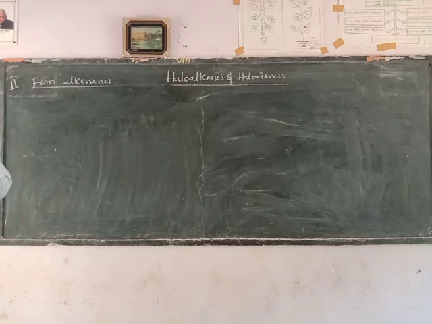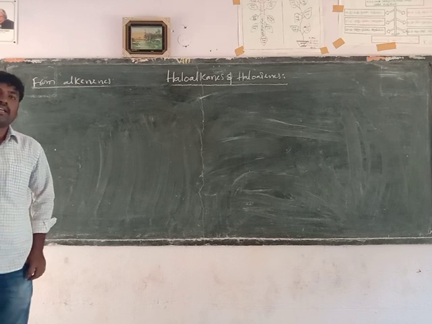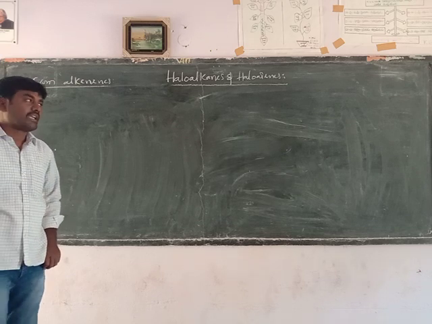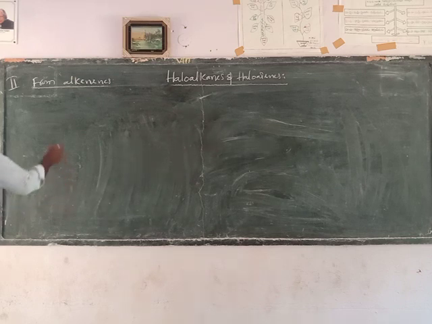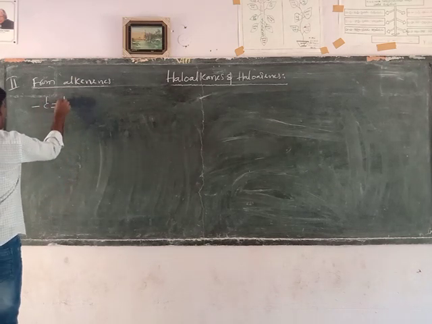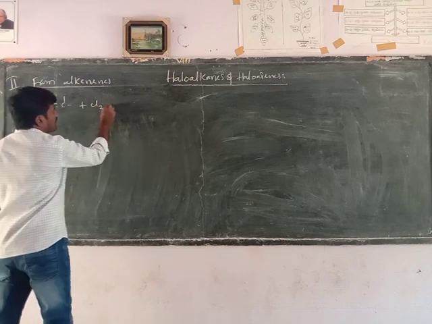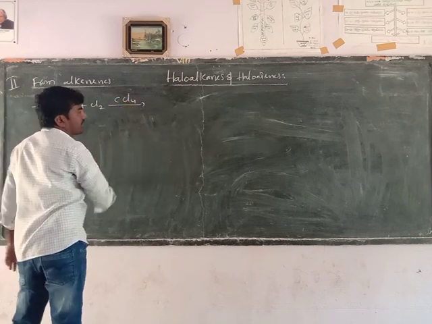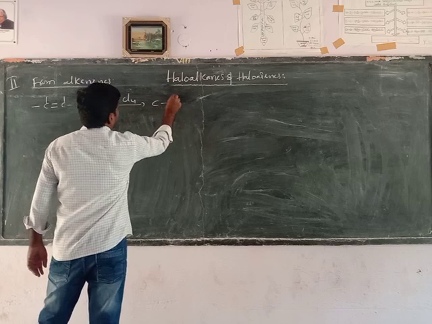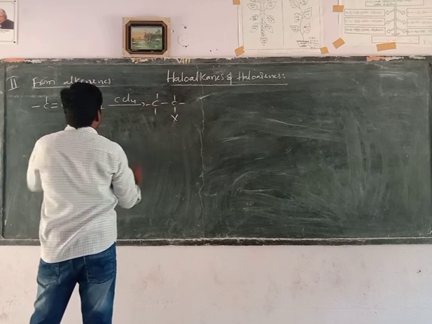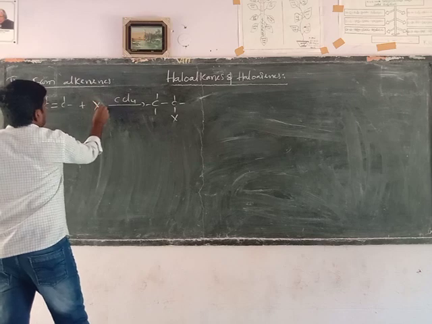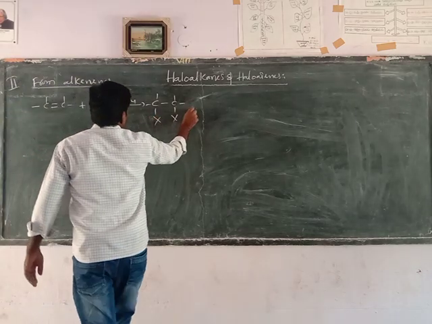Alkenes react with chlorine or bromine in the presence of carbon tetrachloride to form vicinal dihalide. The halogens react with the alkene to form vicinal dihalide, and it is formed by an addition reaction. The general equation: alkenes react with chlorine or bromine in the presence of carbon tetrachloride to form vicinal dihalide. Instead of chlorine, X can be used in the general equation for halogens. So vicinal dihalide will form.